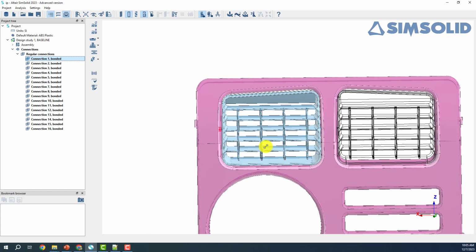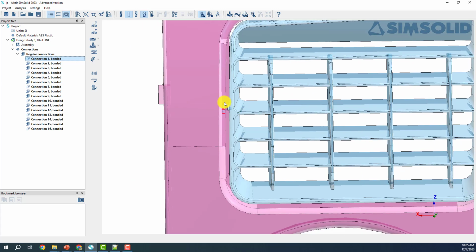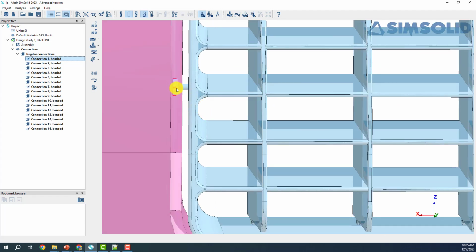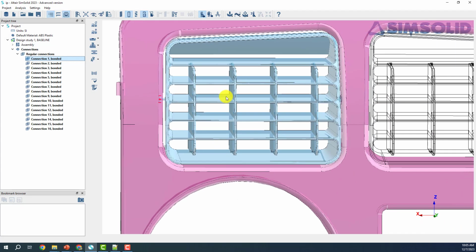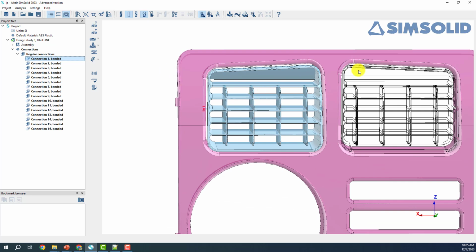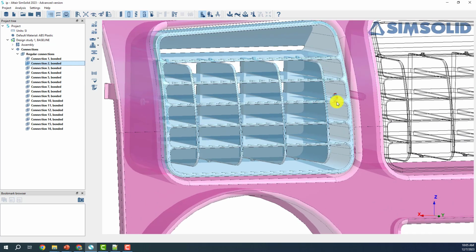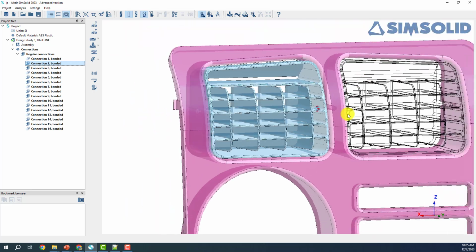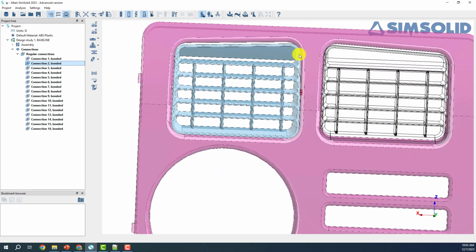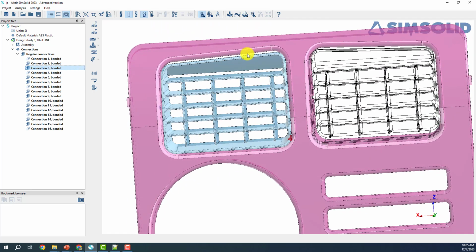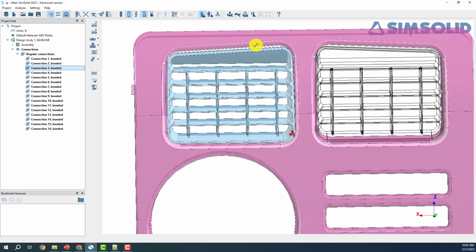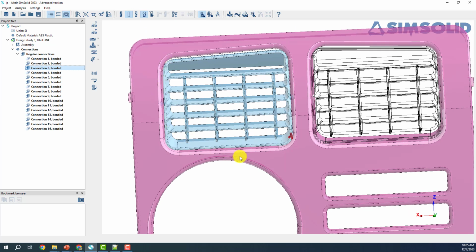So here for this model, you see it's a simple air vent model. All the connections that I want are related to this pin here. So I want to connect here the blue component to the pink one and the same on the other side. And here I can navigate through the connections and I can see these red dots representing the connection points. And here, since I'm interested in the relative displacement between each one of these interfaces around the air vent, I'm not